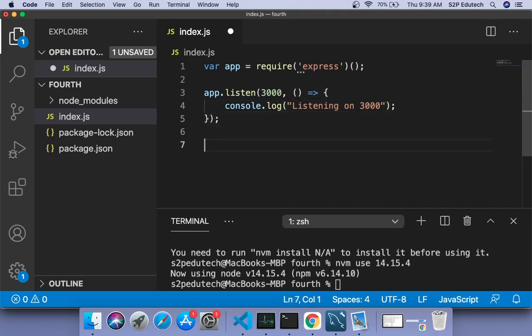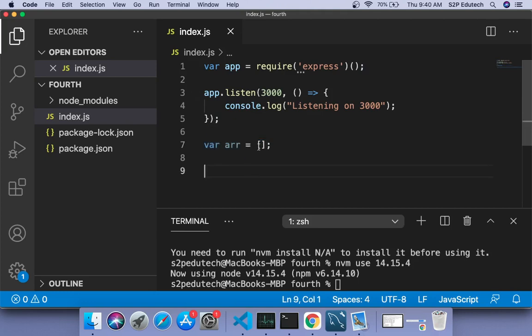Right? So this is fairly simple, right? Now what I would do is I'll have an array. So I'll say var arr equals, and I'll have a blank array. Right, now this array does not have anything in it. It is a blank array. Next, I am going to write a get request handler via which the contents of this array would be returned.